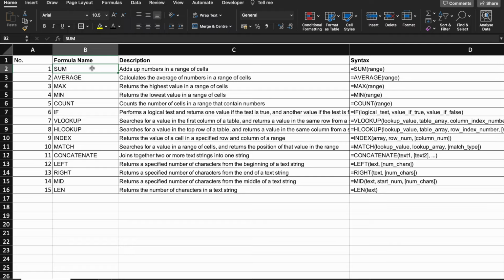Some, to get the sum of a range, then average to get the average of a range, then max to get the maximum value from a range, then minimum to get the minimum value, then count of numbers in a given range, then if: give a logical condition, like some value is greater than this, then do some task, or if not greater, then do another task. Then